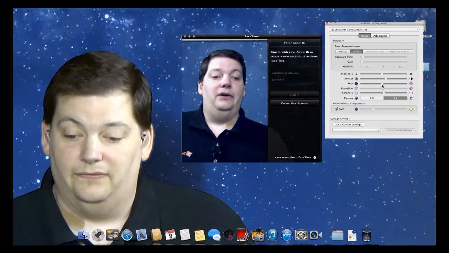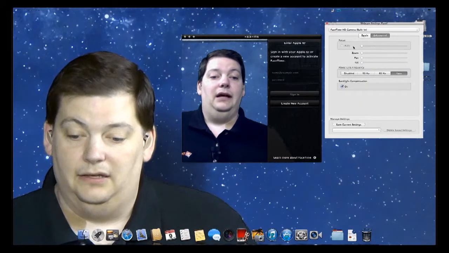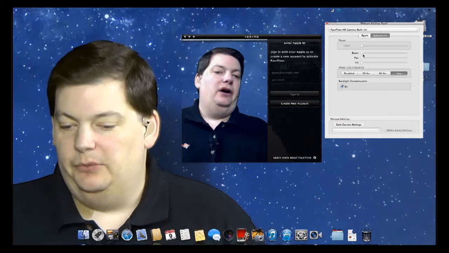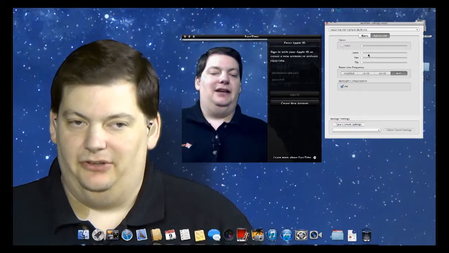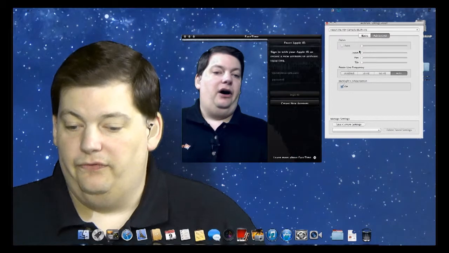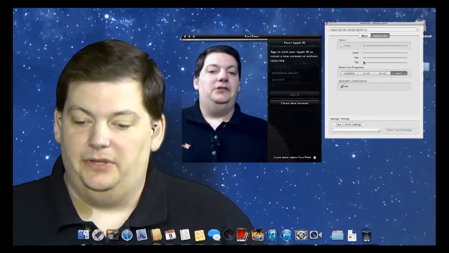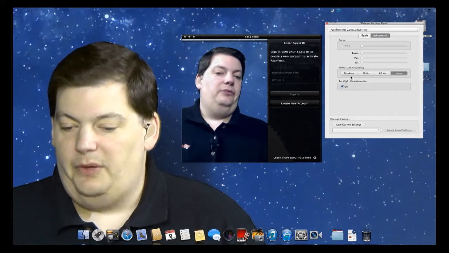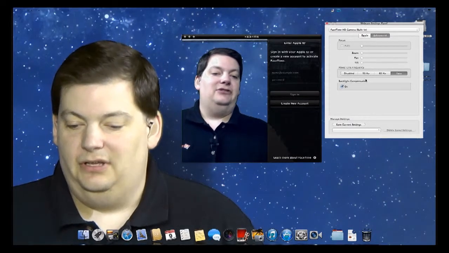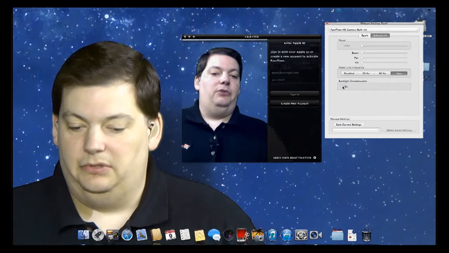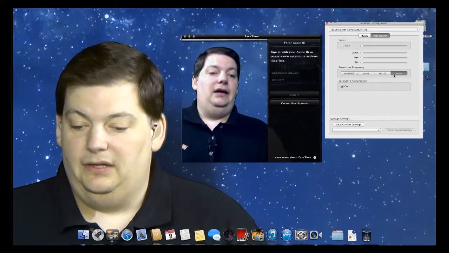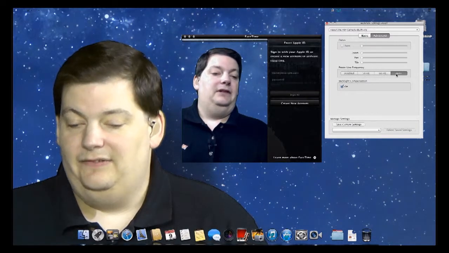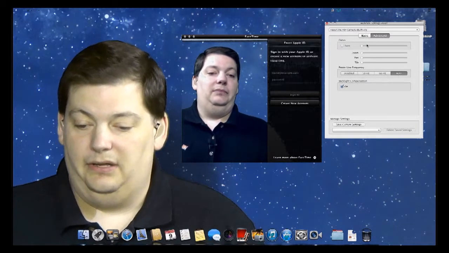And you can actually go as far as going into advanced mode and doing focus and things like that as well. And you see that some things are not able to be touched. And that is because the built-in iSight camera does not support the autofocus, zoom, pan, or tilt. But some of the cameras you get externally do support that. So there's not much you really want to change in this advanced section. The backlight compensation I would probably leave turned on. And 60 hertz is what it is in the United States, 50 everywhere else for the most part. But leaving it in auto, the machine kind of knows what the power line settings are.